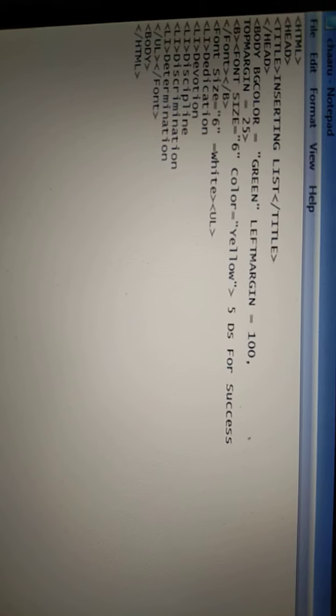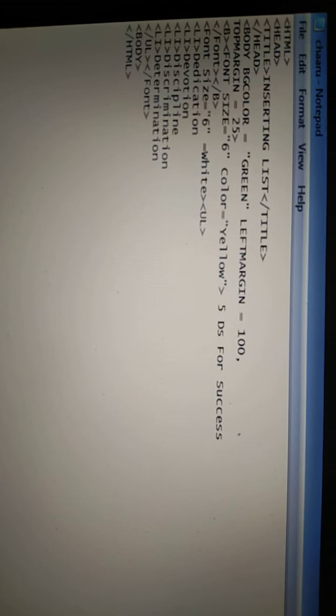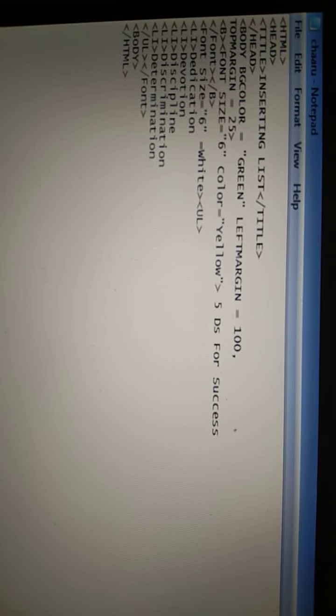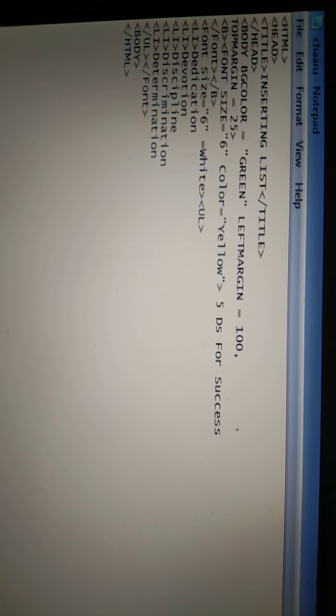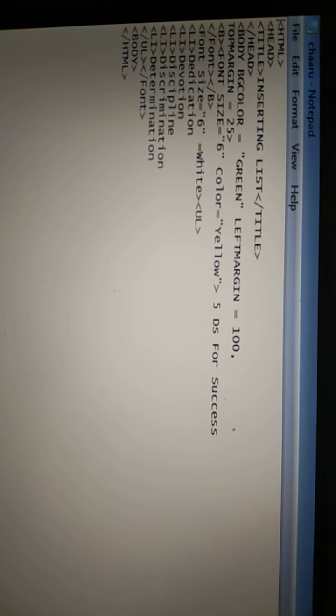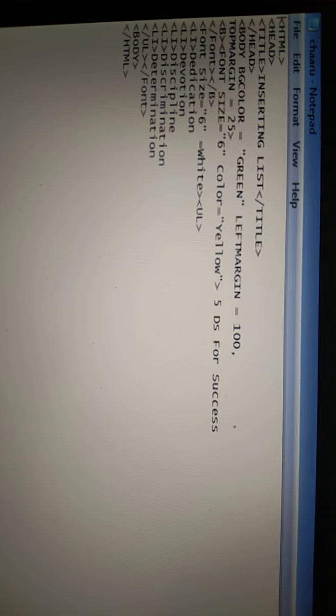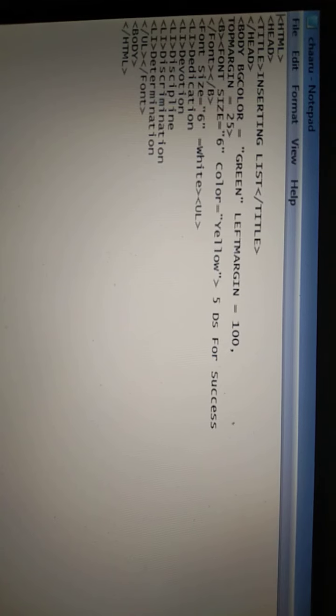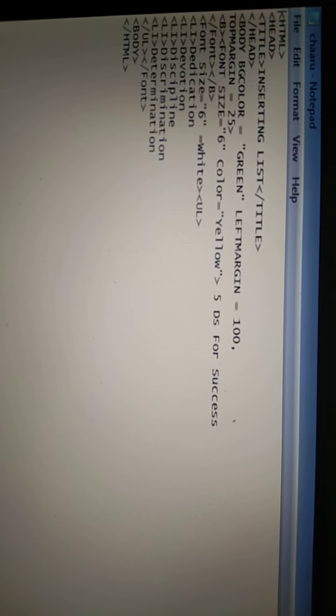Now class, see here I can write one program in Notepad regarding HTML, which includes the title name and different types of colors, including left margin, top margin, font size, color yellow, and the material.